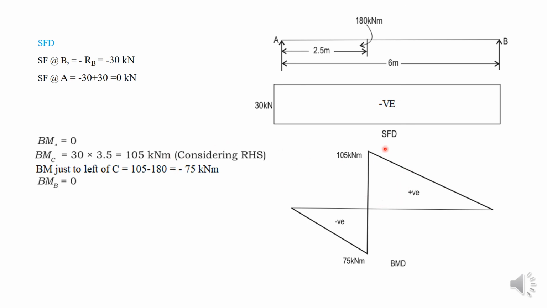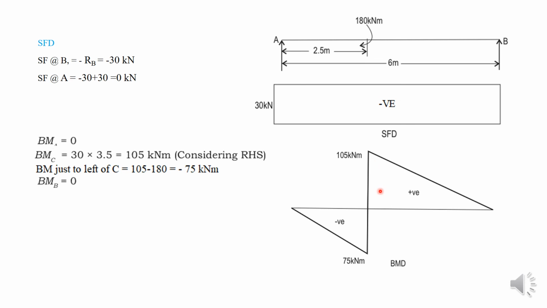Sorry. So at this point the value of bending moment is RB into 3.5, which is 105 kilonewton meter, and at this point you can see a clockwise